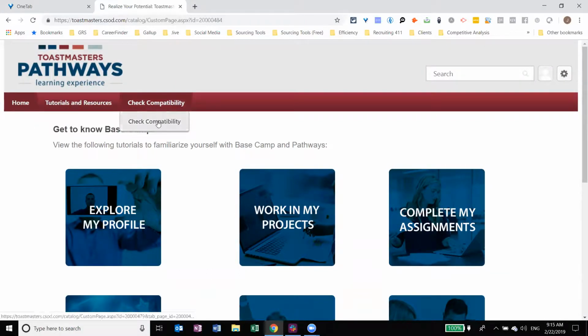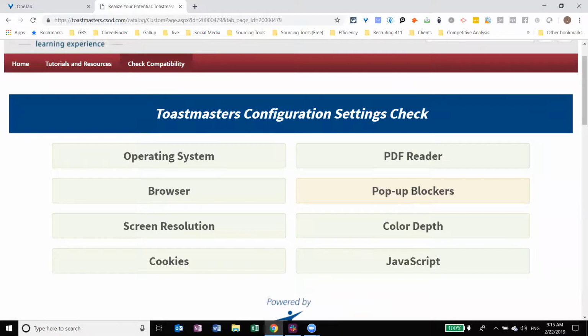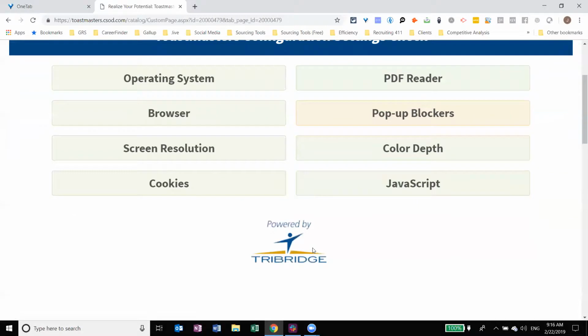You can check the compatibility of your system to see if it's compatible and how it works with this. So in other words, are pop-up blockers on my web browser going to cause problems for me? What browsers work the best, what operating system, what will happen, and what PDF reader should I have, all these things. Sometimes you might get, if you've ever had an experience where you go back to a website and it won't function the same way it had in the past